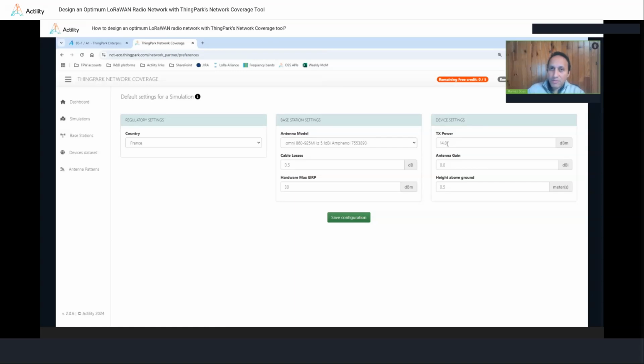So it's important to make sure that you are aware of the different device models that you plan to deploy. And for those device models, check their data sheets to make sure that you know their conducted transmission power and their antenna gain. Sometimes we have devices with negative antenna gain. So it's important to make sure that those settings are properly set, and not only set for the best case if you have many devices in the field, but set for the worst case if you have many models that have different characteristics.